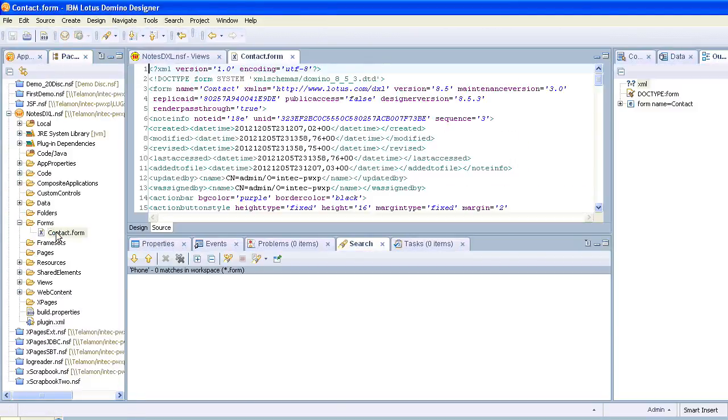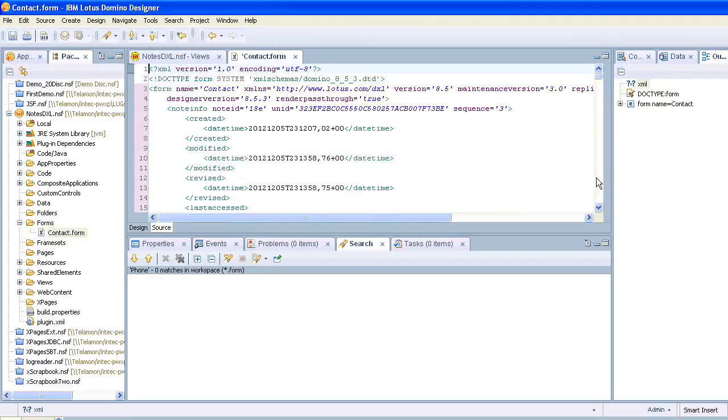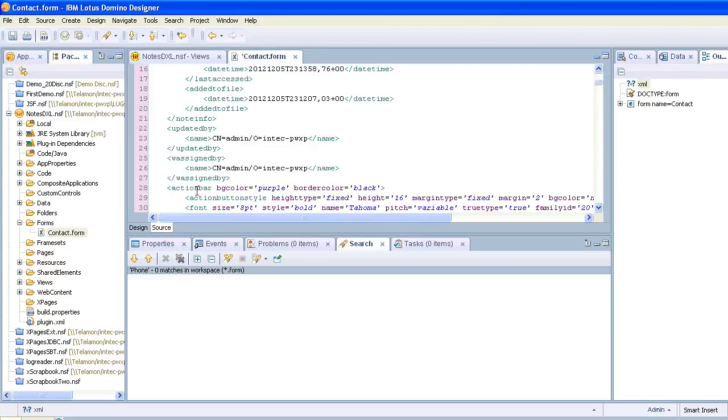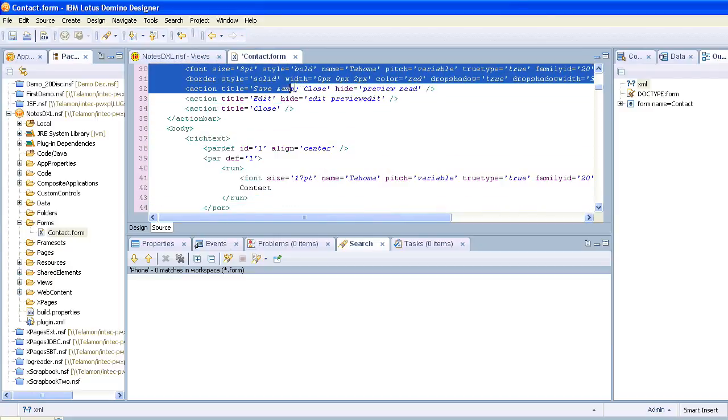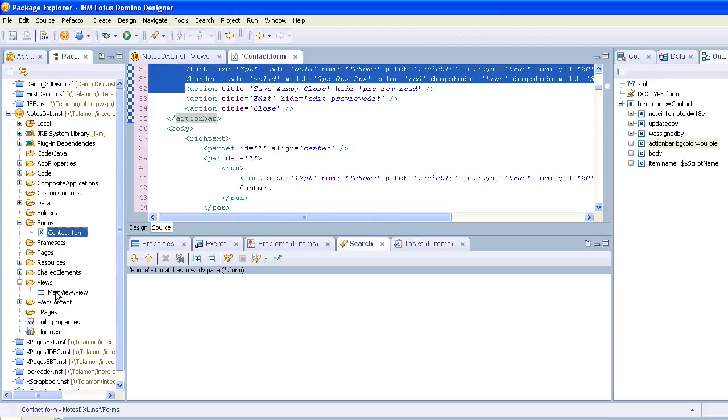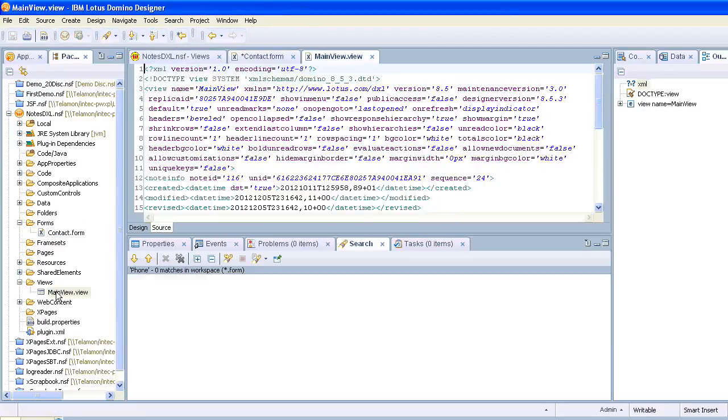However, if I open the form in the DXL, and let's just format that so that it's easy to find action bar, and if I copy that action bar up to the first action, now if I open the view,